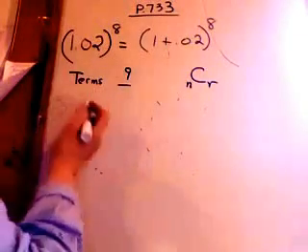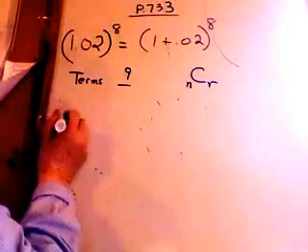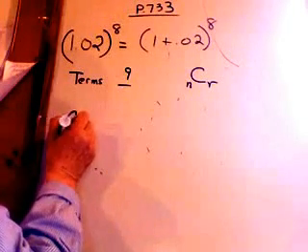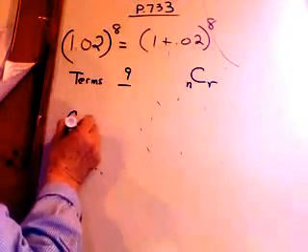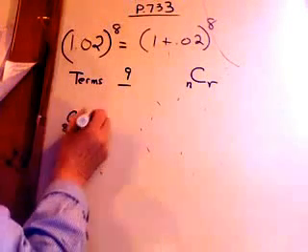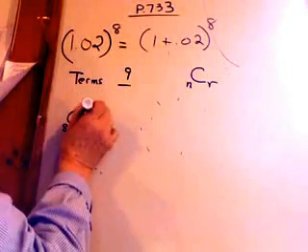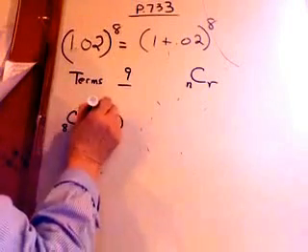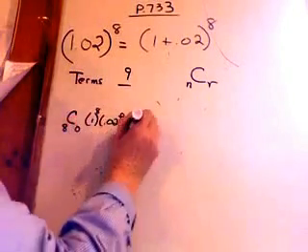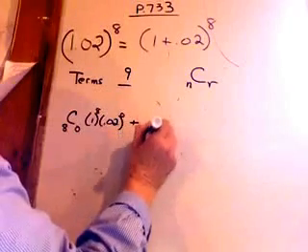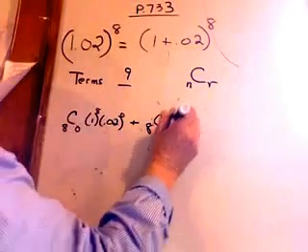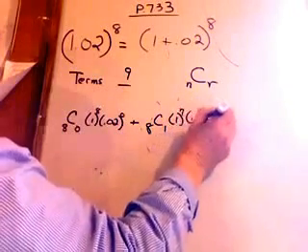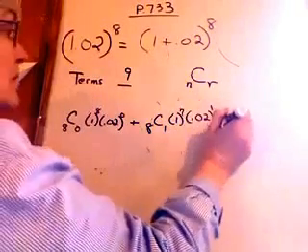So the first term is going to be, I'm going to use the C button. So I put an 8 here and a 0 here, correct? And I put a 1 and a 0.02. 1 to the 8th and 0.02 to the 0. Plus the next term is going to be 8C1, and then it's going to be 1 to the 7th, 0.02 to the 1st, plus